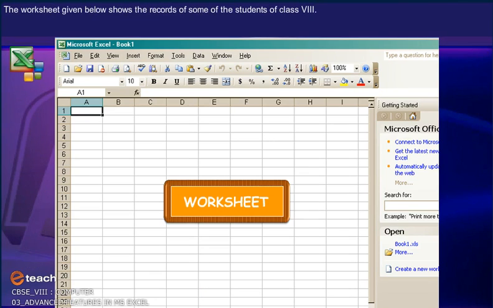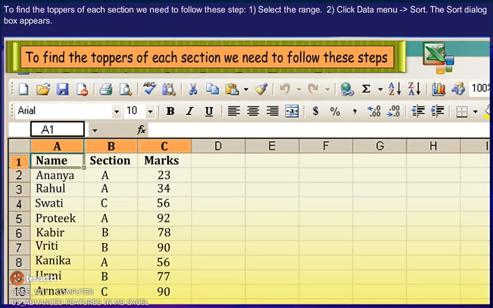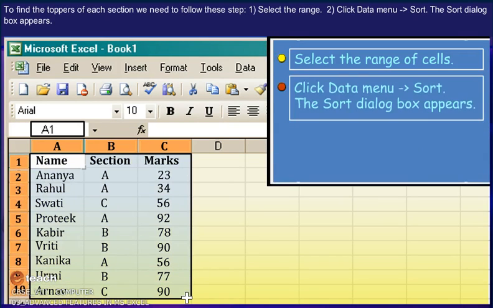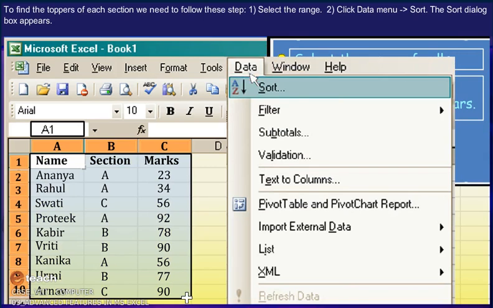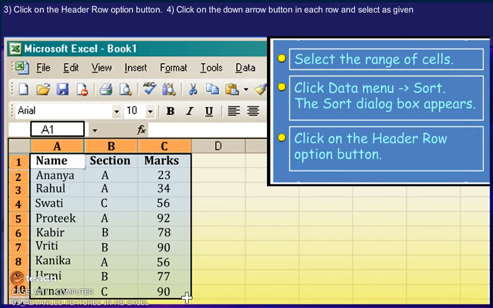The worksheet given below shows the records of some of the students of class 8. To find the toppers of each section, we need to follow these steps. 1. Select the range. 2. Click Data menu, Sort. The Sort dialog box appears. 3.